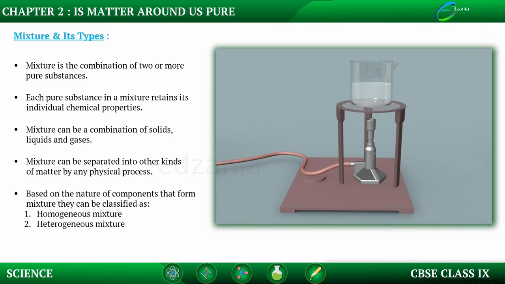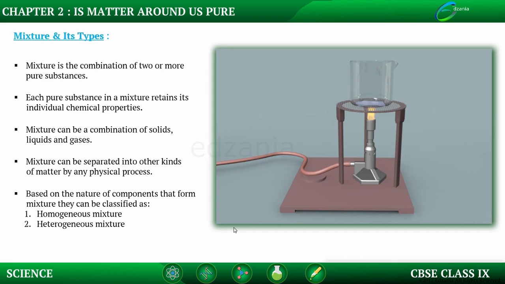Here in this example, we have taken a mixture of sodium chloride in water. Now what we'll do, we'll try to evaporate water and we will find that once the evaporation takes place and water changes from liquid state to gaseous state, that is water changes into water vapors, at the last sodium chloride will be left in the beaker. See, we are trying to heat this mixture, and as the temperature rises, water will start boiling, and slowly when the boiling point of this water will reach, water will start evaporating, and at last you will find sodium chloride left in the beaker.